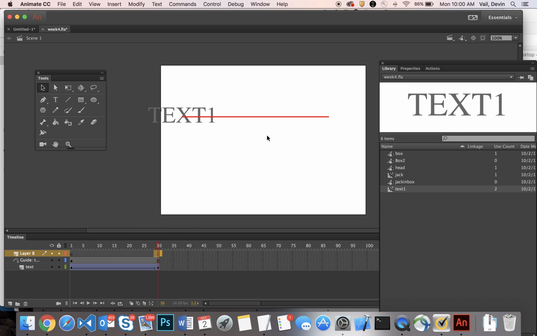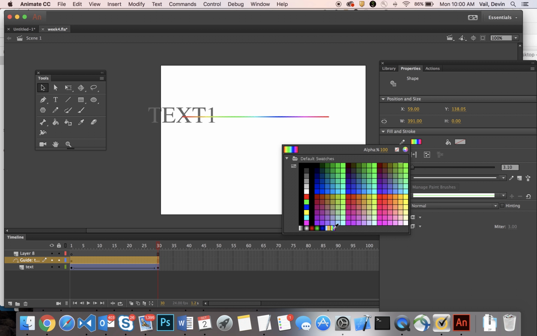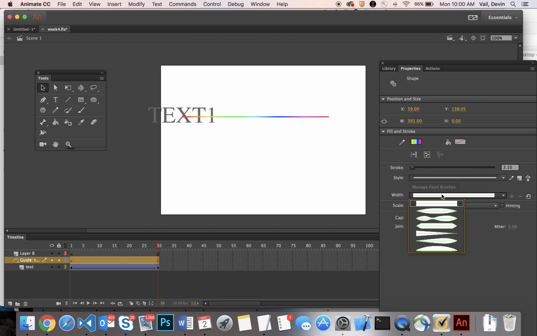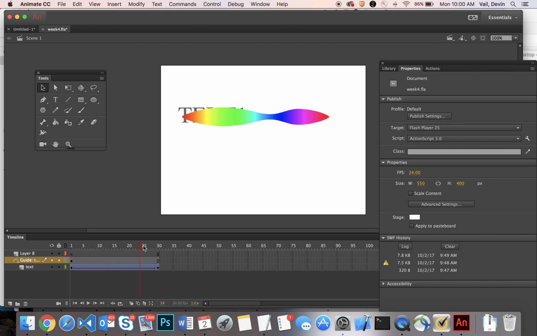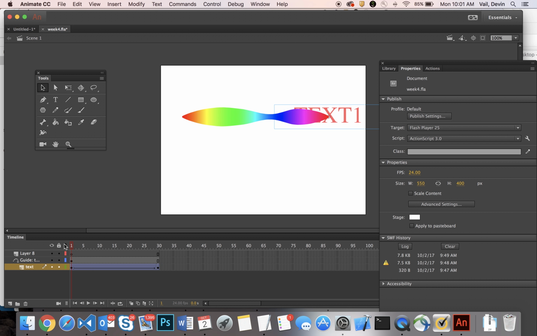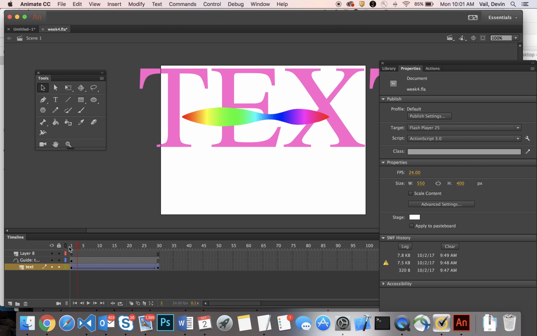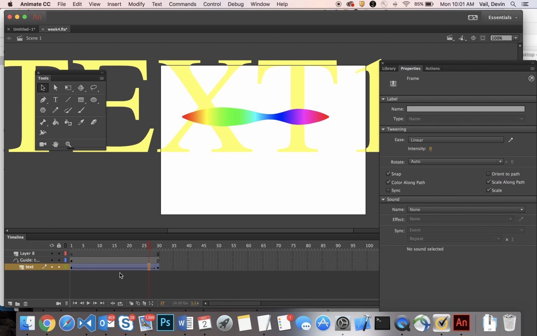And now I can have a little fun and play with that stroke. I guess we can use that rainbow stroke that we saw, and we can create a variable width stroke, and I'll need to bump up the size of it. So now what we're getting is not much, because we have not turned on our properties in the properties panel. It's pretty dramatic. All right, so maybe some of you neglected to put on the properties,